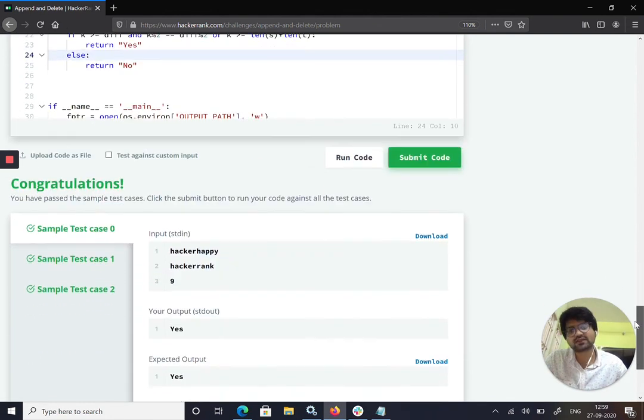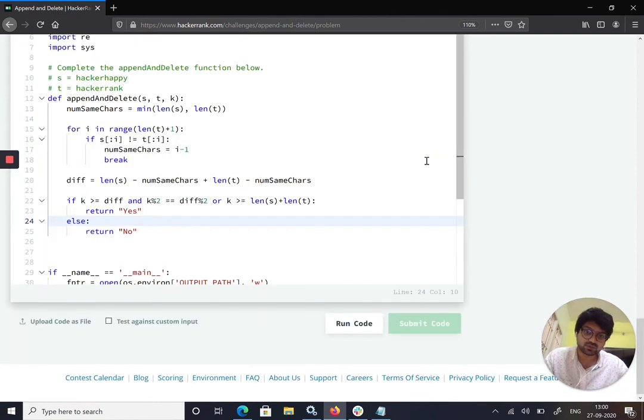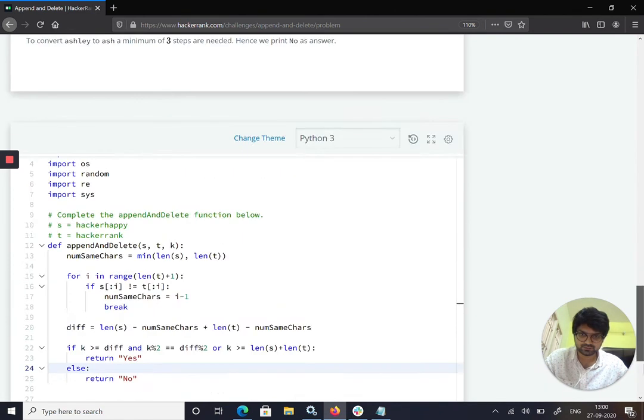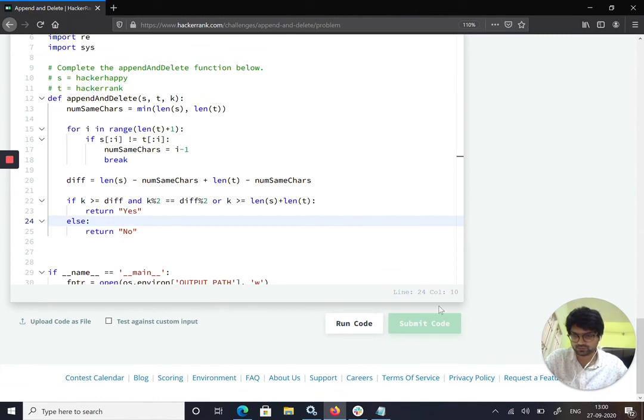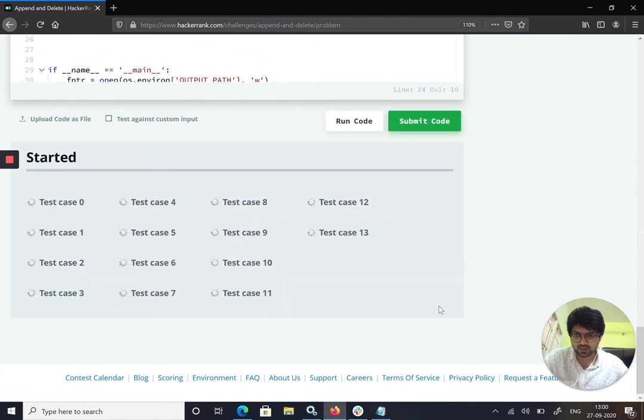It also has a submit option, so we'll submit all the code and see whether it works. You can see that there are a lot of test cases on HackerRank.